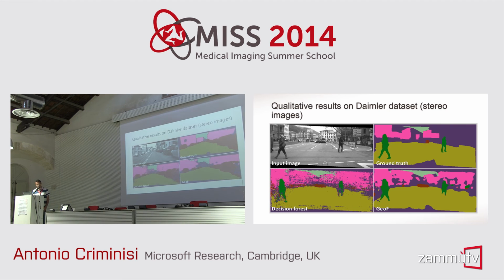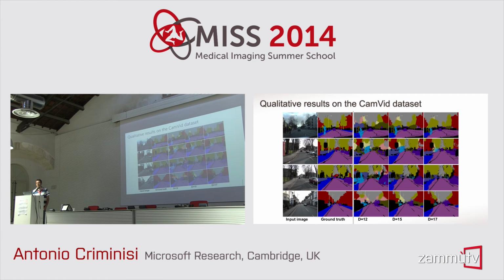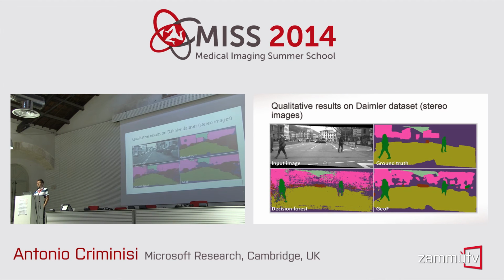I'm going through a lot of examples because what I want the take-home message to be is that these are general algorithms which were not designed just to work on medical images, but also to work on medical images. Now, when I started working in medical images, one of the major criticisms I got was, oh, but your algorithms are way too generic, and if you want to be successful in medical imaging, you have to really know the medicine and really know the nitty-gritty of how the left ventricle of the heart works and its shapes and so on and so forth.